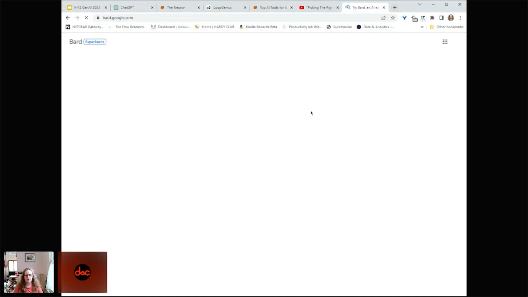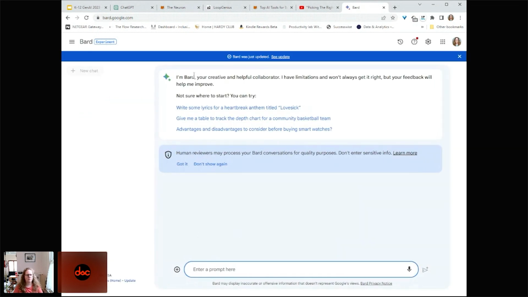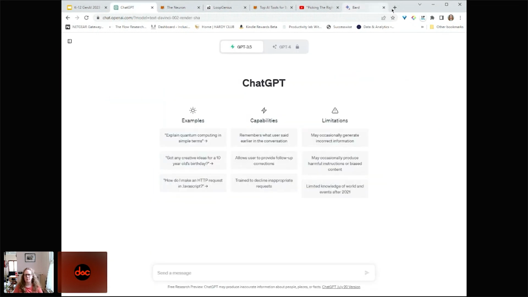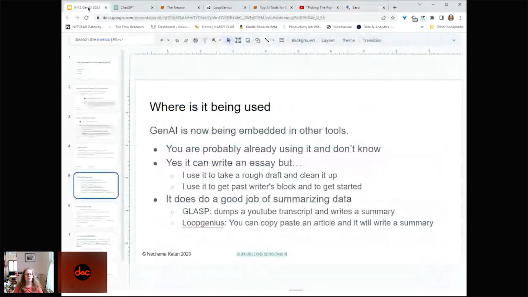Bard is another generative AI tool that exists, and we could put in a similar prompt. So ChatGPT and Bard are the two common ones. But in addition to that, it's being used embedded inside of other tools. So let's start with a couple of these basic things.